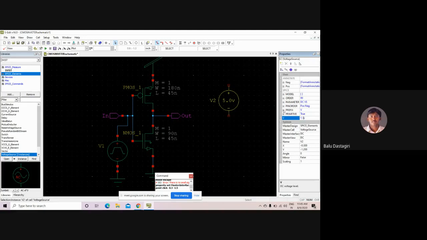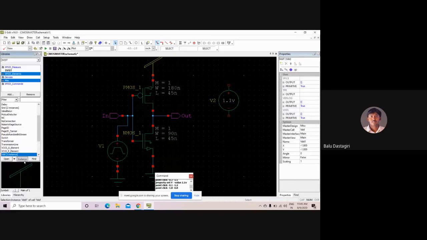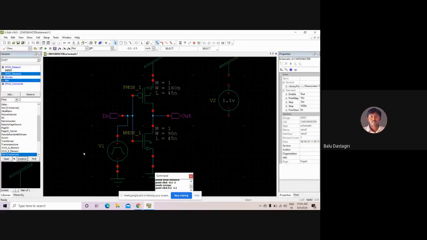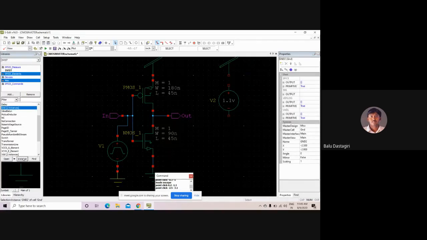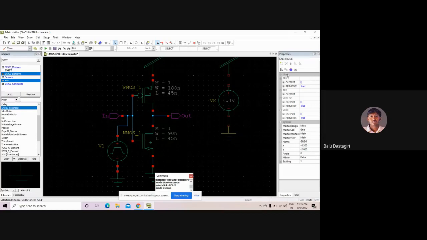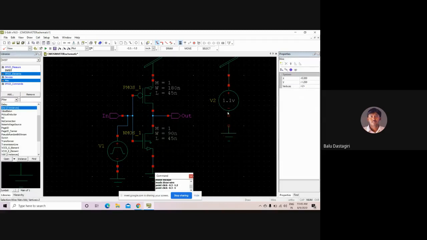Next, place the instance, and ground the voltage source once again. Now connect this. So now I have given the supply voltage to VDD as 1.1.